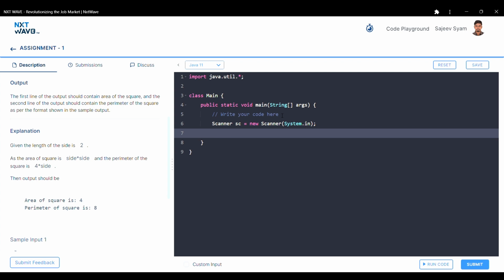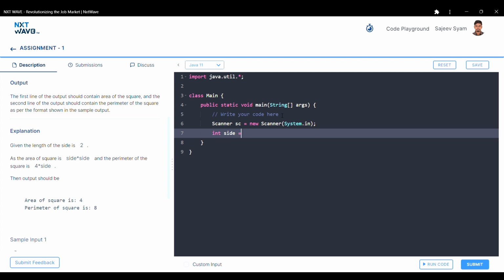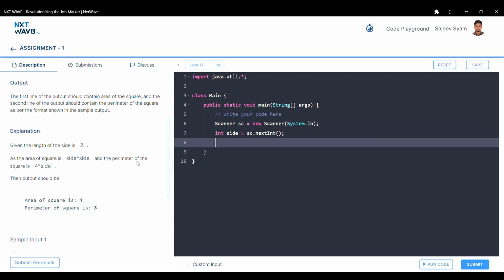and we have to take a variable. I'm taking a variable as an integer, side. First we have to know the side of the square, so we are writing side equal to sc.nextInt() function. Then we have to calculate area, so area's result will be an integer, so we are taking int as the data type, int area